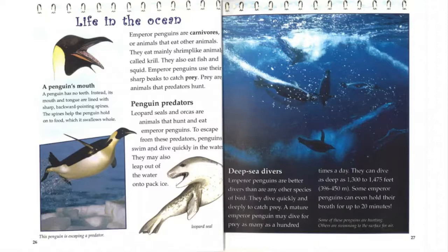Emperor penguins are better divers than any other species of bird. They dive quickly and deeply to catch prey. A mature emperor penguin may dive for prey as many as 100 times a day. They can dive as deep as